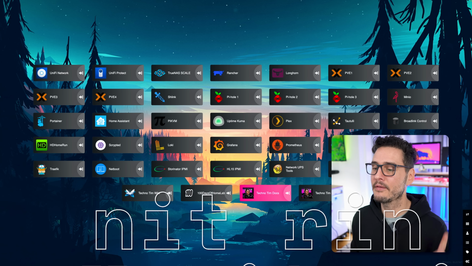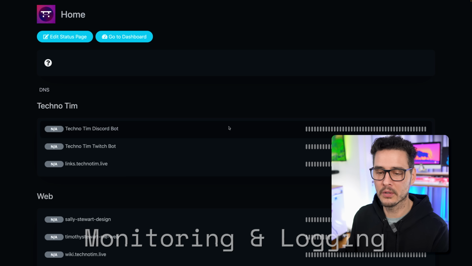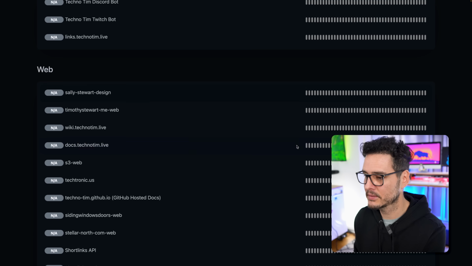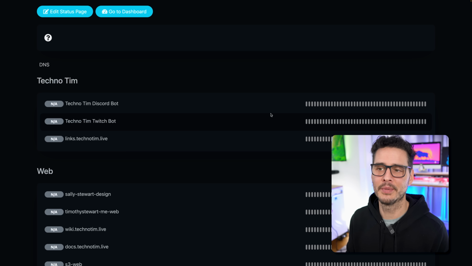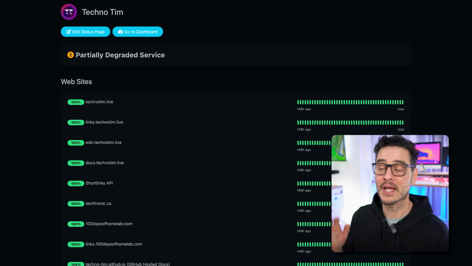Monitoring and logging, I've had a lot of changes to this. Yes, I still use Uptime Kuma to do my internal monitoring and logging, and it works great, as you can see, most of the time, as I don't have any statuses being reported. This should update here in a second. I do wish that Uptime Kuma actually didn't use SQLite because, not to dunk on SQLite, but it gets corrupted a lot. Probably my fault, but I'd rather have it with an external database. That's neither here nor there. Anyways, I still use Uptime Kuma. It's great, I use it for my internal stuff.